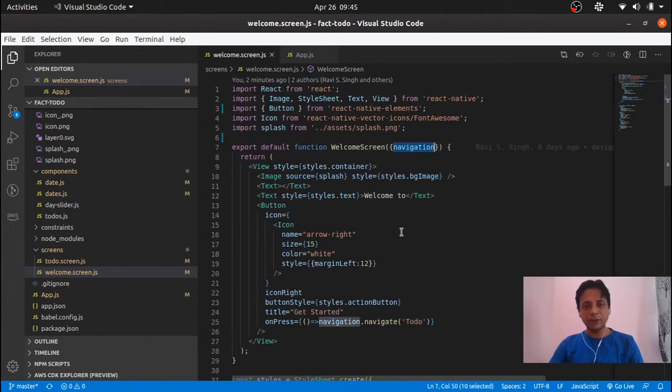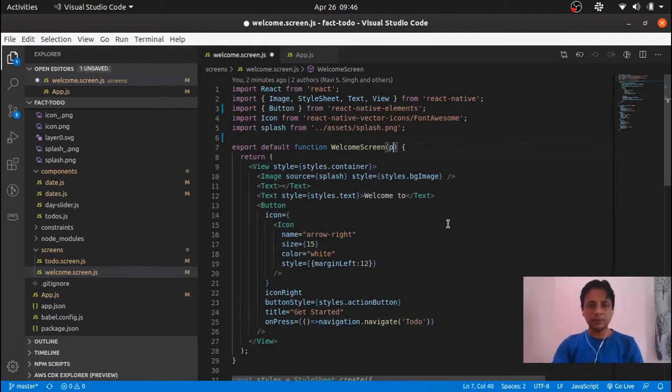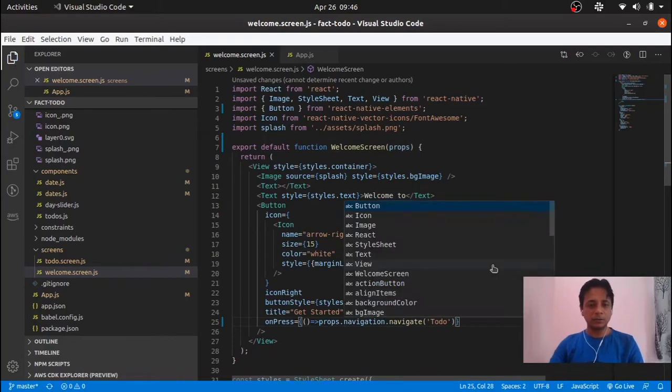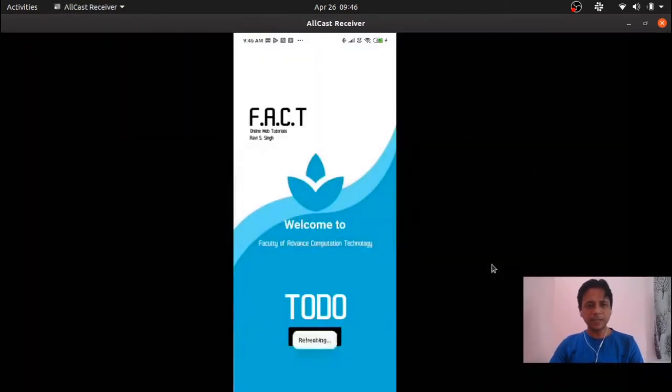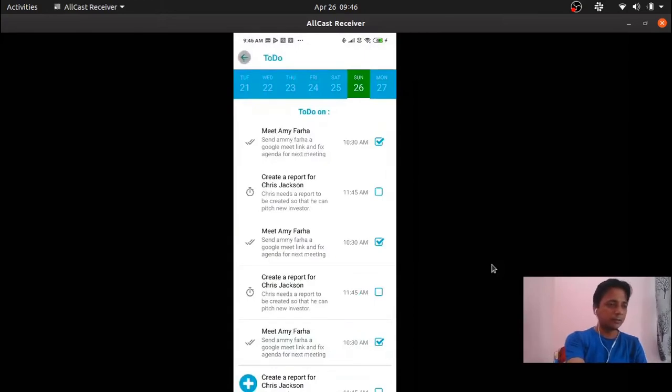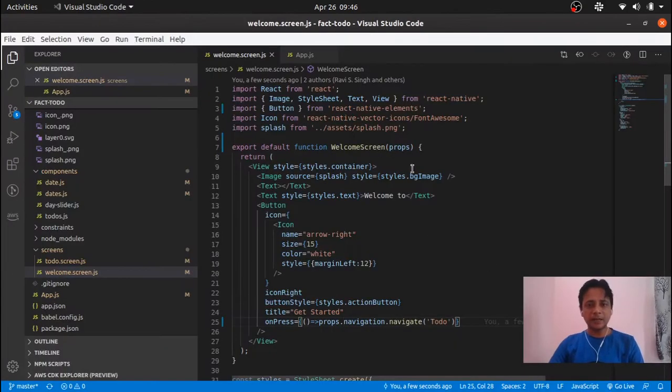What you see over here is basically this navigation is coming from the props. So you can write it this way as well, like props, but in that case you have to write something like props dot navigation. It is pretty much the same, it is still doing the same functionality. So changing that doesn't change the concept. But why did I use that destructuring?